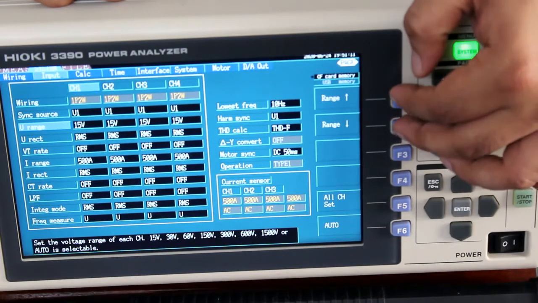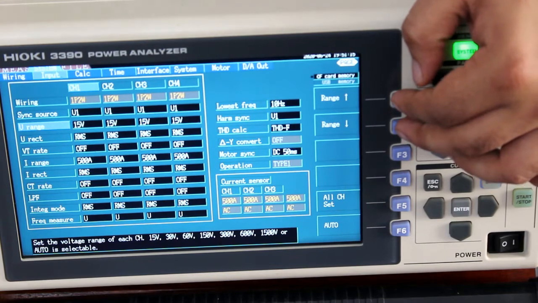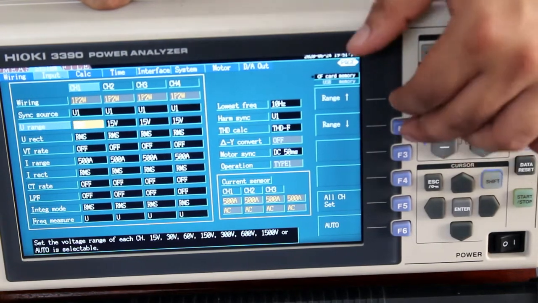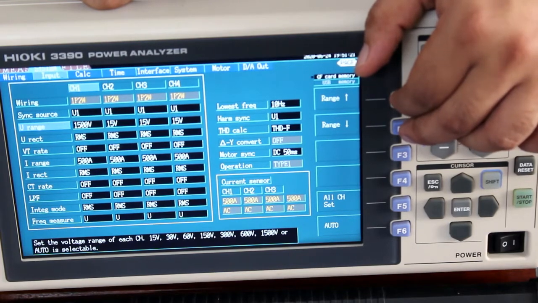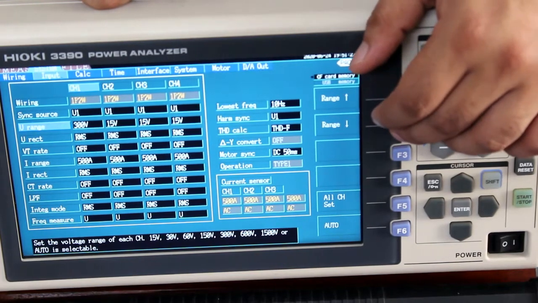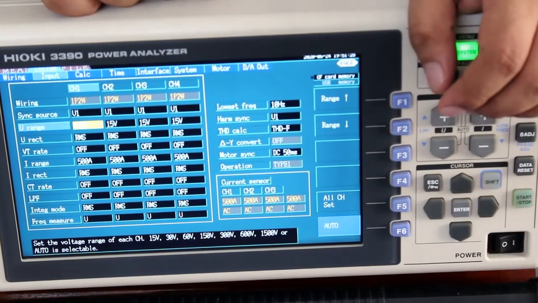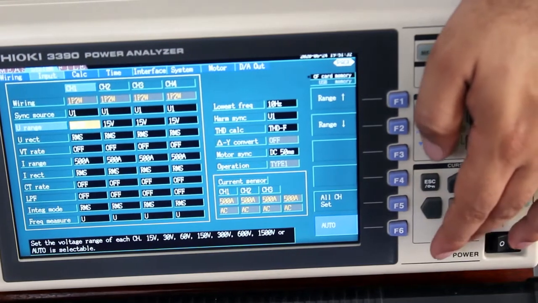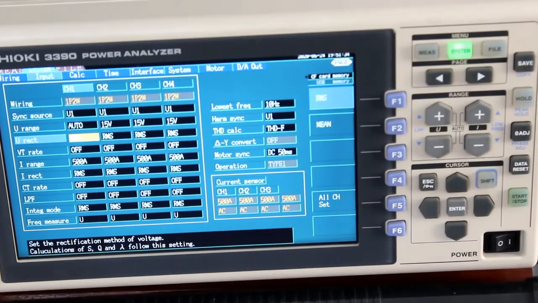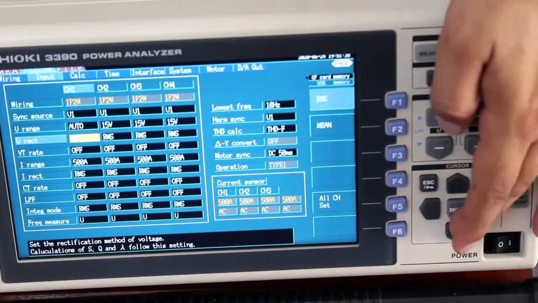We need to press F1 and F2 like this. Now it became 30, 60, 150, 600 and 1500. Like that the voltages can be defined, and we can put it to auto range as well. Then we can define whether we are doing RMS testing or mean testing.